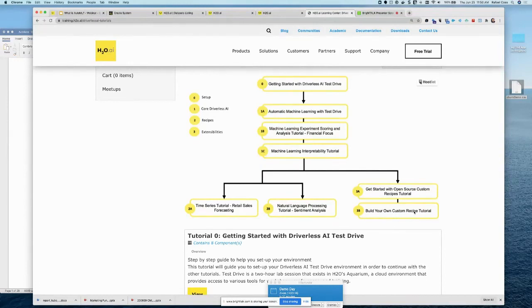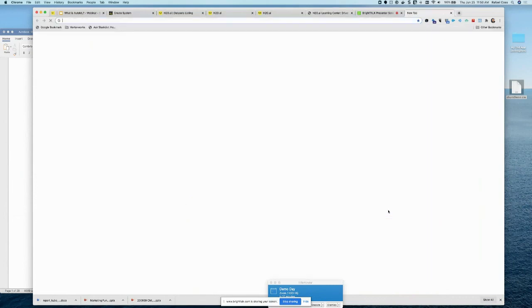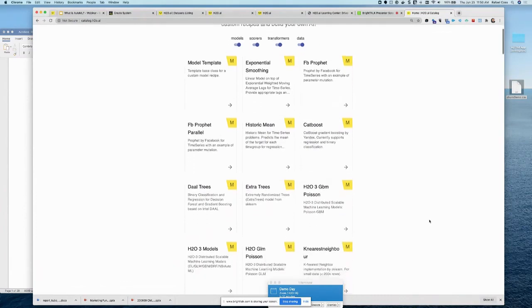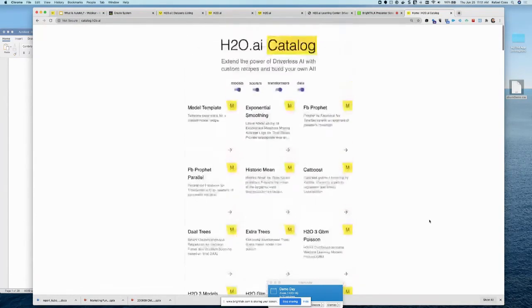There's open accessibility. We have a couple of tutorials around recipes, right? That provides that accessibility. So just using a recipe or building your own recipe. We also have this catalog that's available of all the open source recipes that you can also bring into Driverless AI.